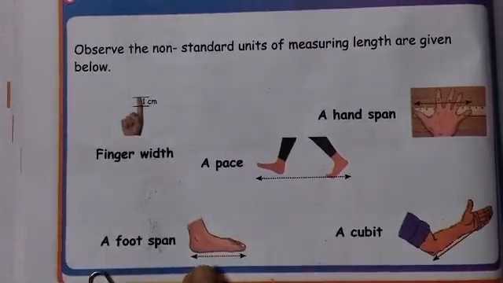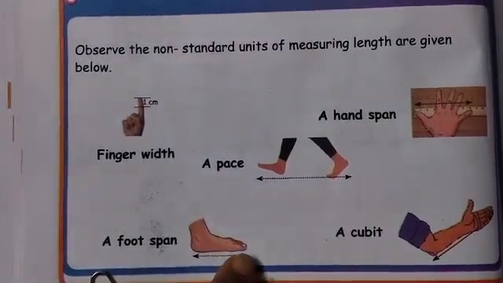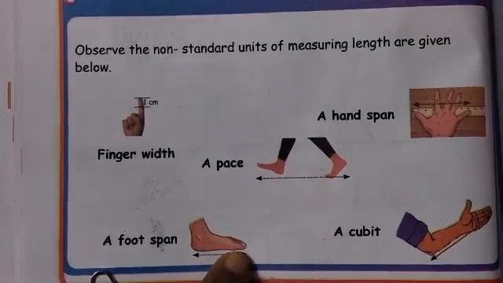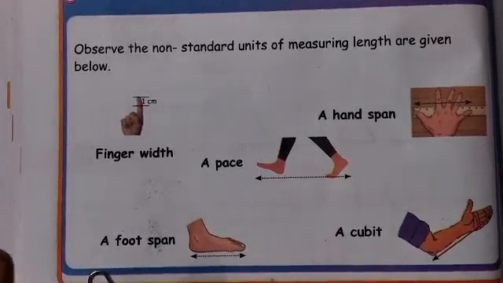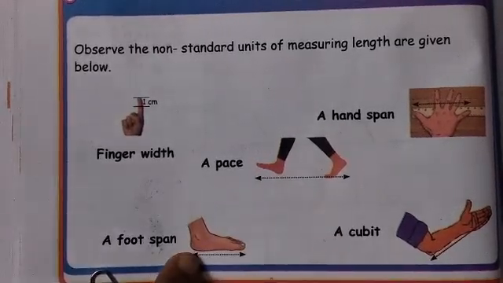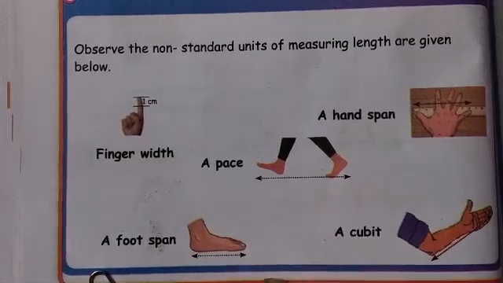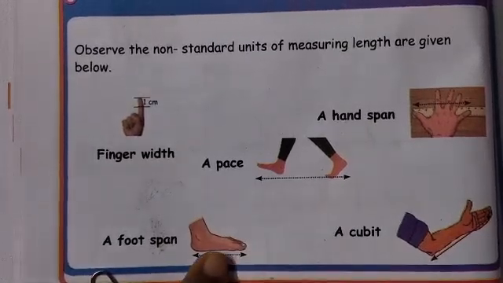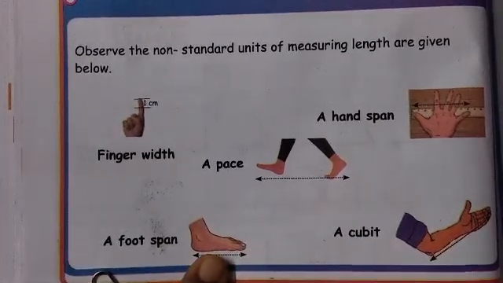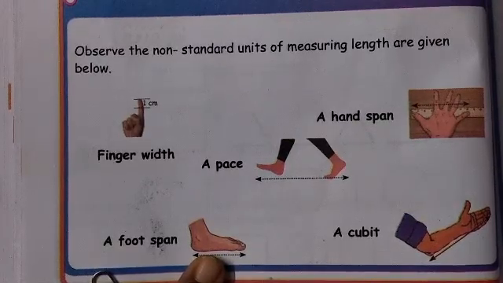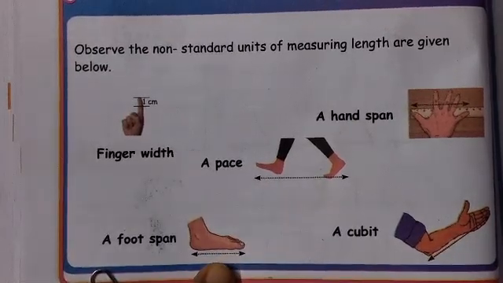And next we are going to see about the foot span. Foot span is nothing but the foot length. When you are keeping your leg down, you just measure your foot length and check with your parents. Ask your mother or father, whoever is free, to keep their foot in the same place where you are keeping, on the same floor. You just check how long their foot is. This is foot span, okay, children.